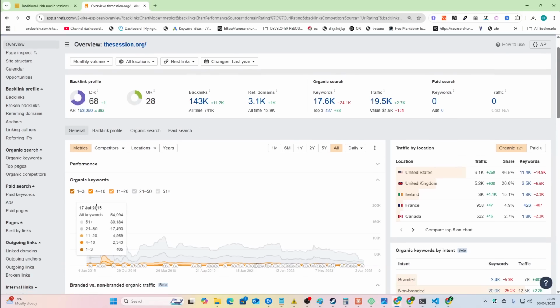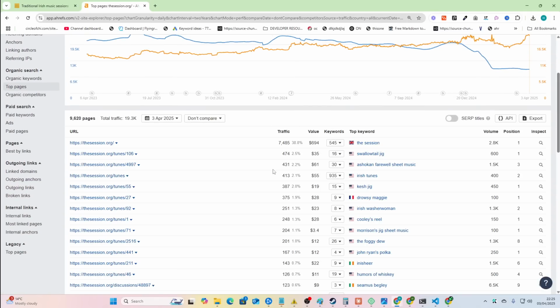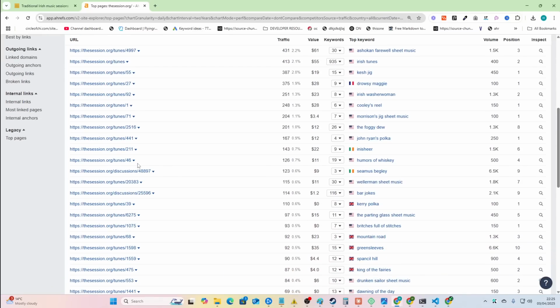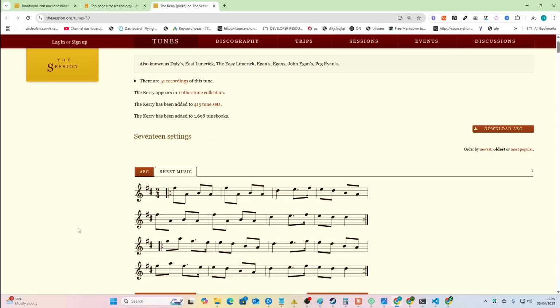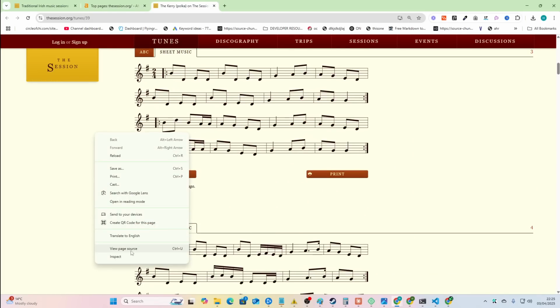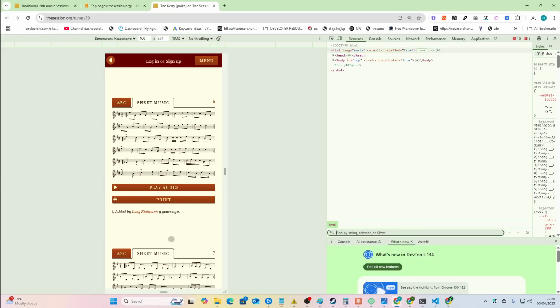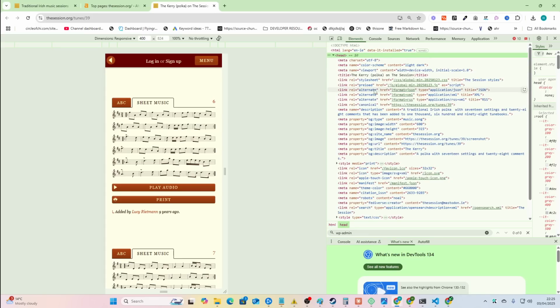That's a lot of traffic. It used to have insane amounts of traffic. Where is this coming from? Interesting. So it's got a lot of tunes as well. I'm less interested in tunes, to be honest with you, unless there's a source that I could use. Very interesting website though. Is this WordPress? I think it, oh no, maybe not. It's HTML. Wow, I mean, this video alone, this isn't what I was really supposed to be doing, but